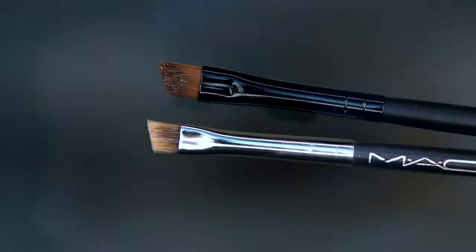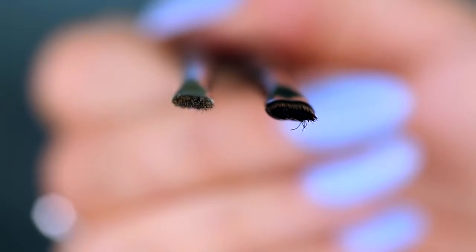You get a brush in here, which is really not the greatest quality. It's just a little bit too thick. I like something a little more precise. My favorite eyeliner brush is from MAC, and I will show an insert side by side. You can see that one is much more precise, and that is just personally what I like to get super close to the lash line. So this brush was a nice attempt, being that it's a full-size brush, but it just wasn't that great in